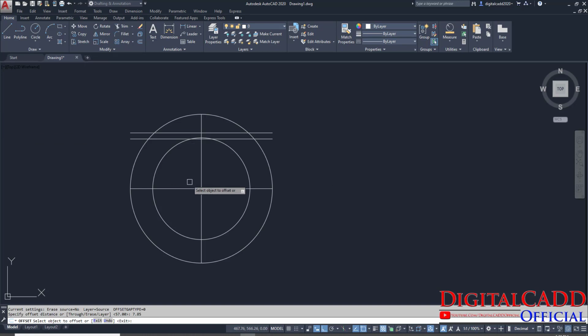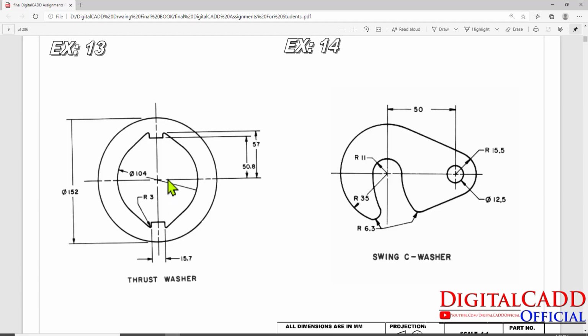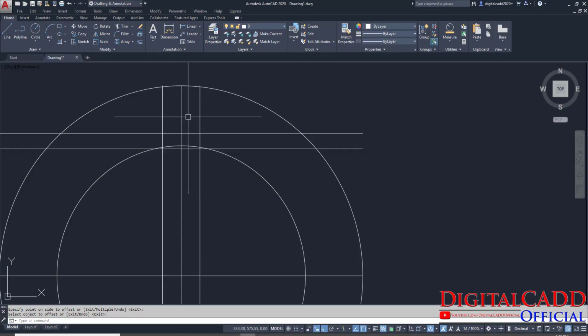7.85 enter. Select this vertical center line, right side, click and select again, left side, click. Here we have this diagram. And what should we do? Just take a line from this point to the tangent of this circle. L is the shortcut for line. Start from here and you will have one tangent point. You can see. Just click here, space, again repeat the command, start from this intersection point, and here we have the tangent point. Okay, that's all we have to do.